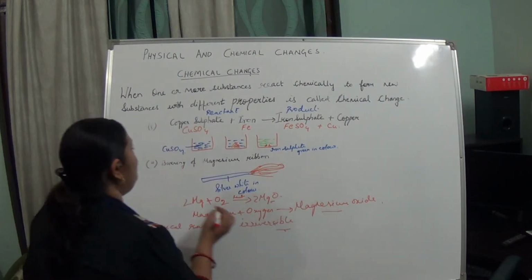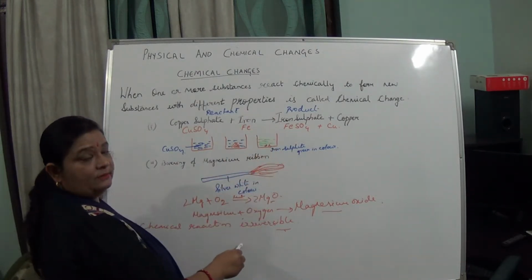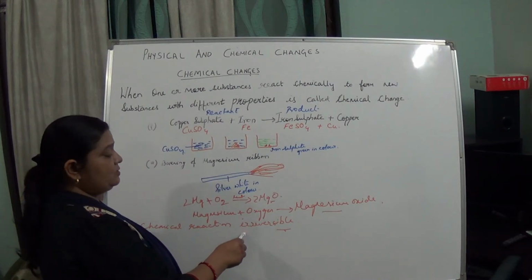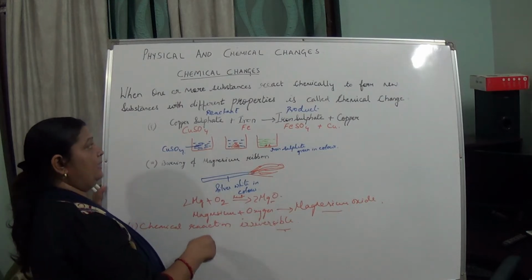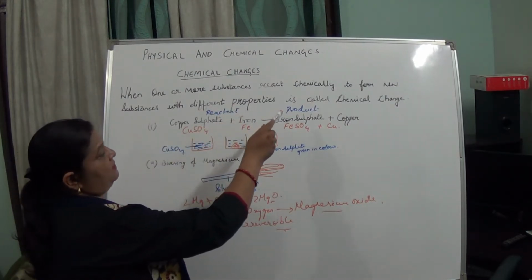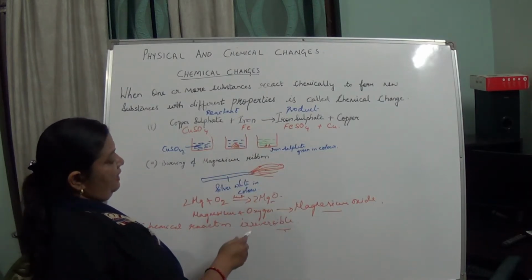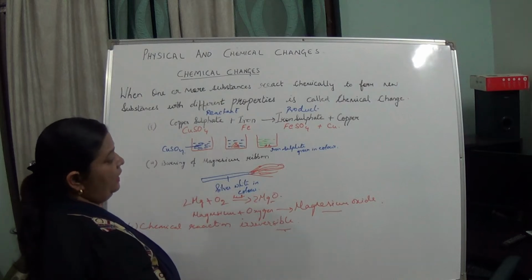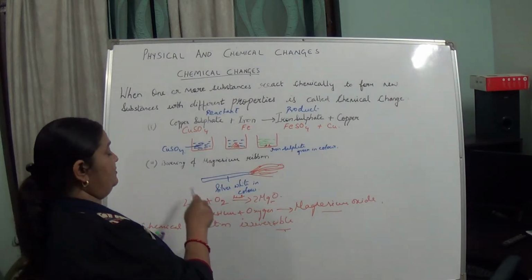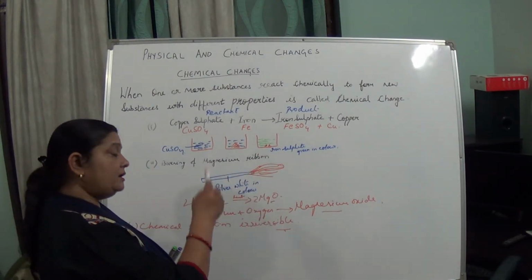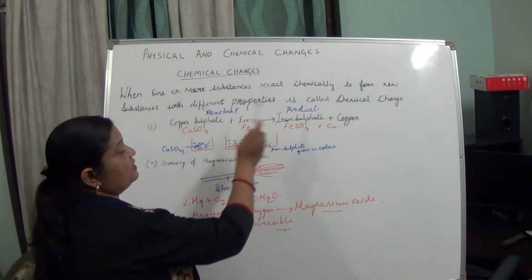Okay. So in this, new substances are formed and it is irreversible in nature. There are certain other points also which say that a chemical change has taken place. First we have studied that a new substance with different properties is formed. Second property is that it is irreversible in nature. You can't get back that product easily by physical means. You can't easily get back the reactants by physical means once a product has been formed